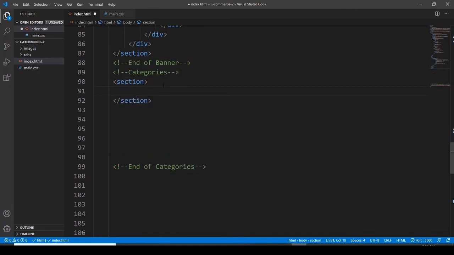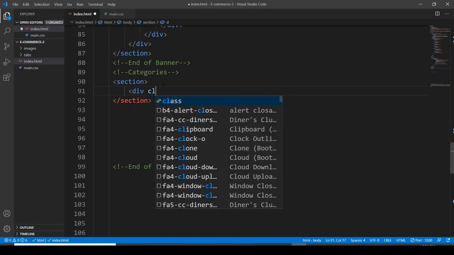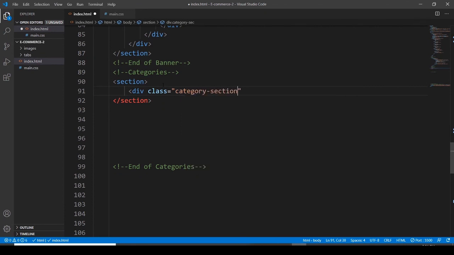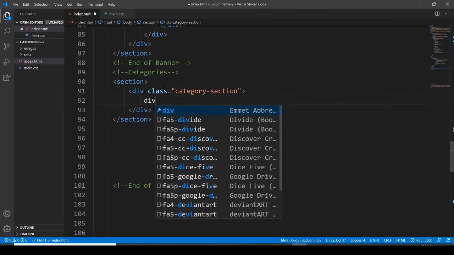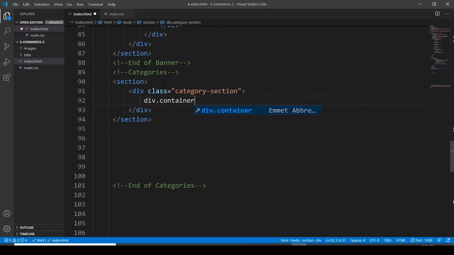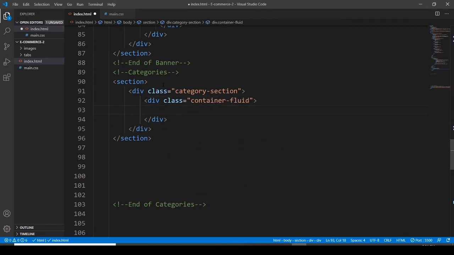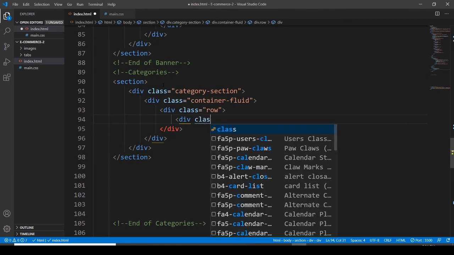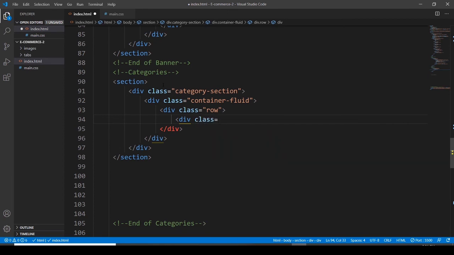and within this section element, let's go with the div, assigning it a class, category section, another div, assigning it a class of container fluid, another division, assigning it a class row, and after this another division with a class, and this time the class is going to be called lg4,